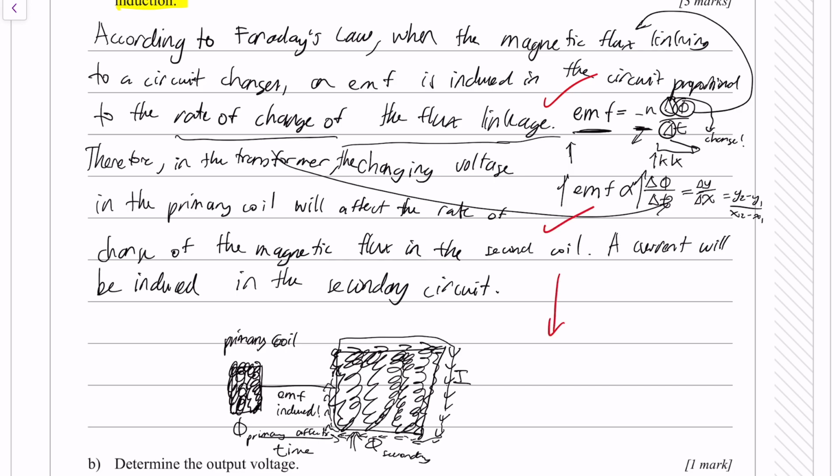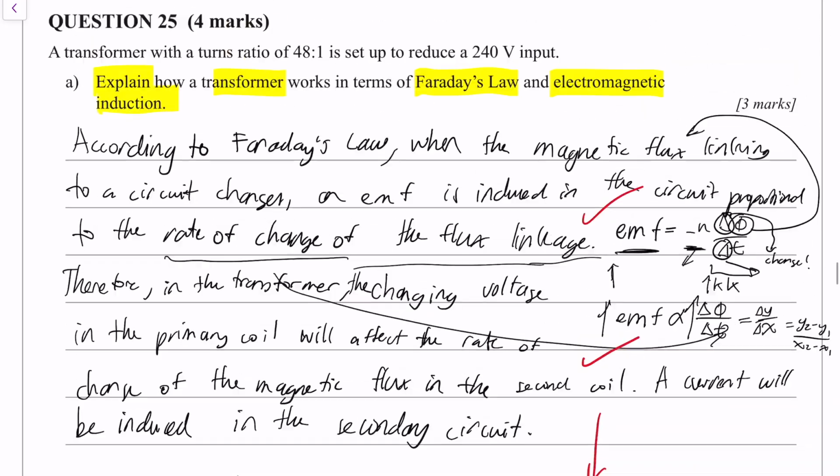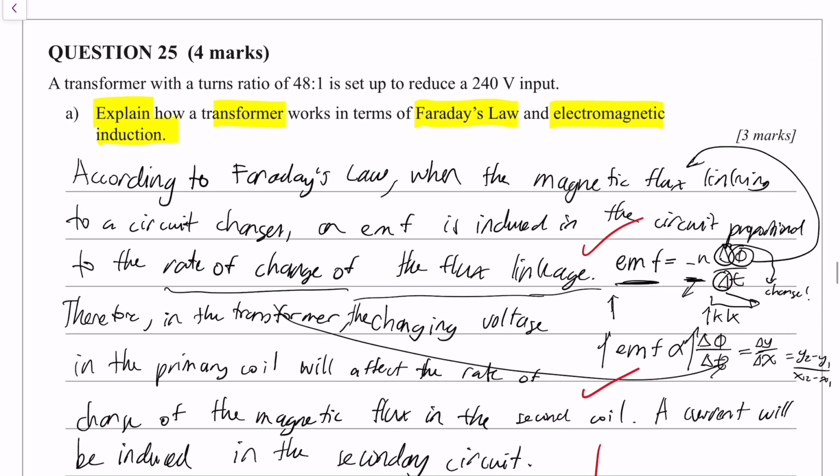So even simpler, you can remember it as the changing voltage of the primary will affect the rate of change of the magnetic flux in the secondary coil. Okay, so that's where your second mark comes from,